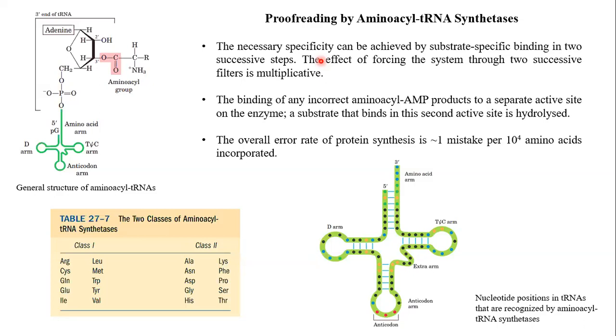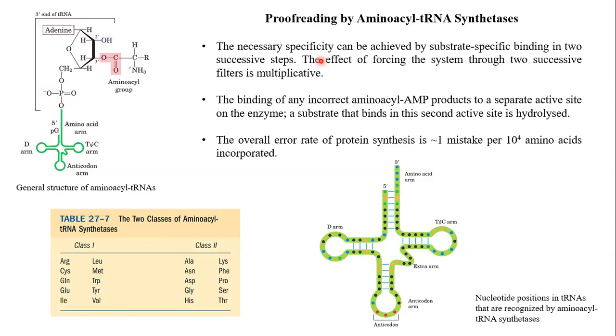So that specificity is very important, because if the wrong amino acid gets amino acylated to transfer RNA by the enzyme, that wrong amino acid will get incorporated into the polypeptide chain. This happens because the ribosome checks the transfer RNA for its anticodon. It checks for the codon-anticodon specificity. It does not check for the amino acid. Whatever amino acid the transfer RNA brings, the ribosome will incorporate it. So it is very important that amino acyl transfer RNA synthetase enzymes add the correct amino acid.